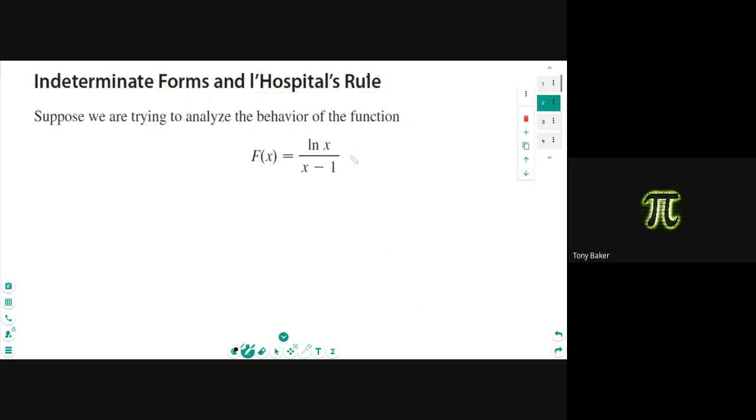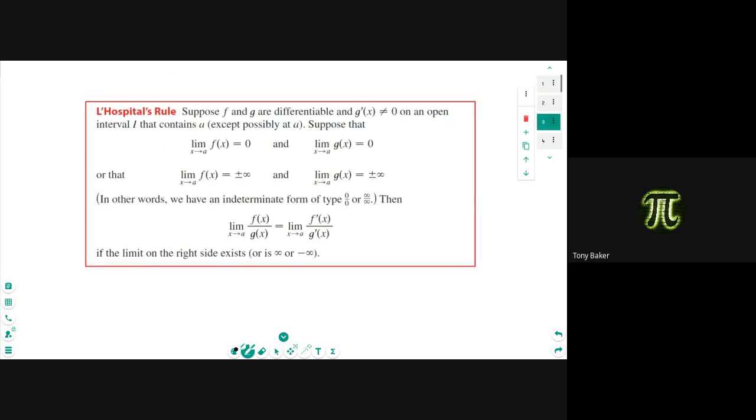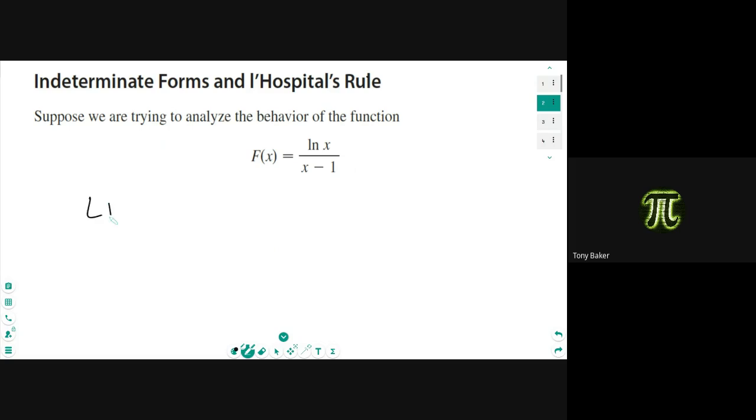However, if I wanted to do a problem like this, ln of x over x minus 1, if I wanted to find the limit as x goes to 1 of this, if I plug in 1, this goes to 0 over 0, which again, doesn't exist. So it's like, okay, how do I find my answer? How do I find this limit? Well, L'Hopital,